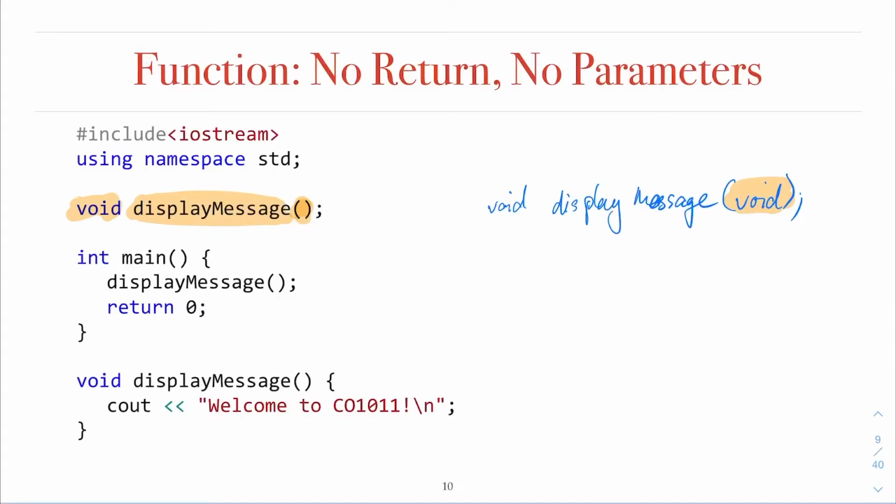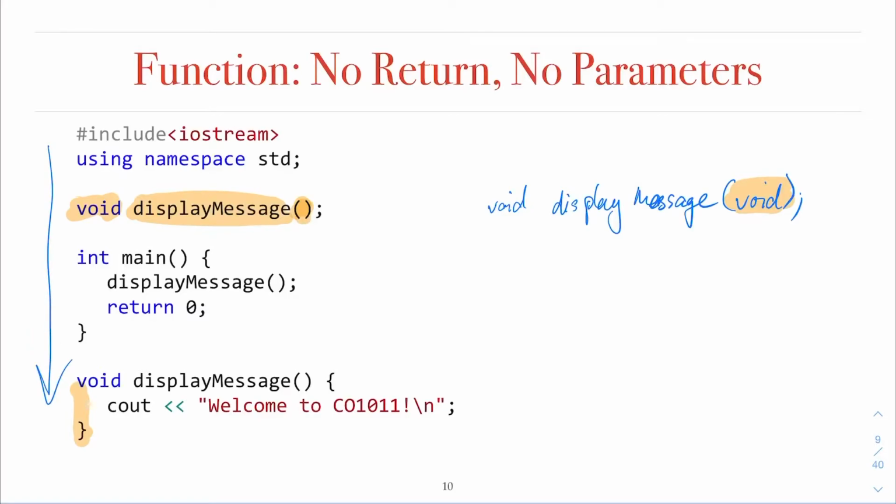Okay, now you can write down the implementation of your function here. When you look at the code, your code will be compiled from the top to the bottom.